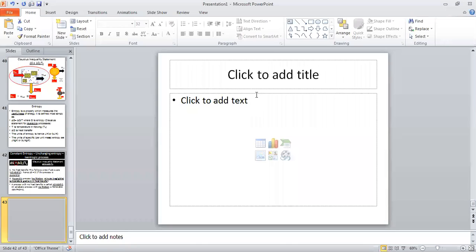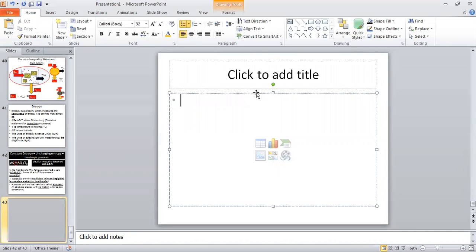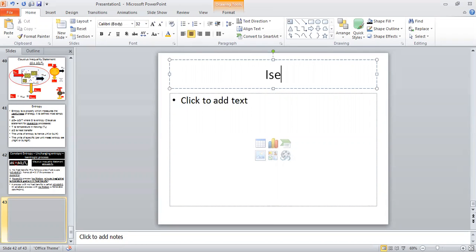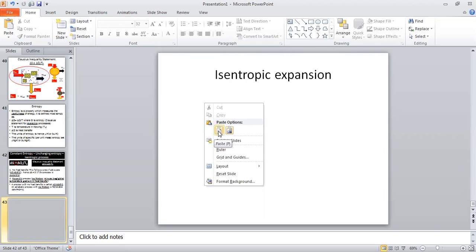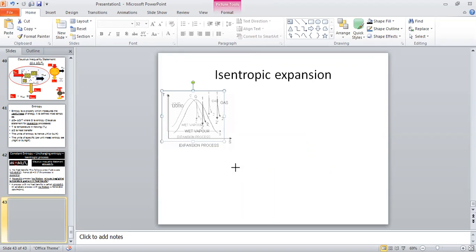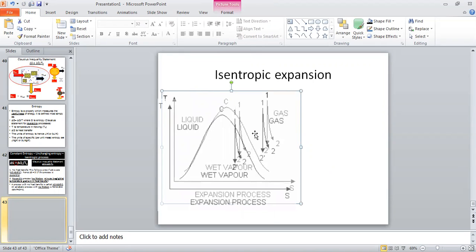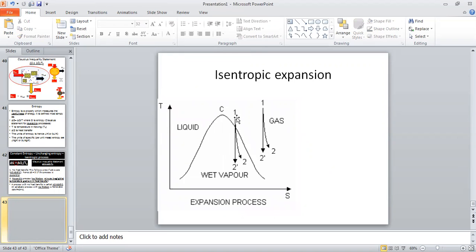Okay, and mainly in the power plant, steam power generation, let's say in a steam turbine. So